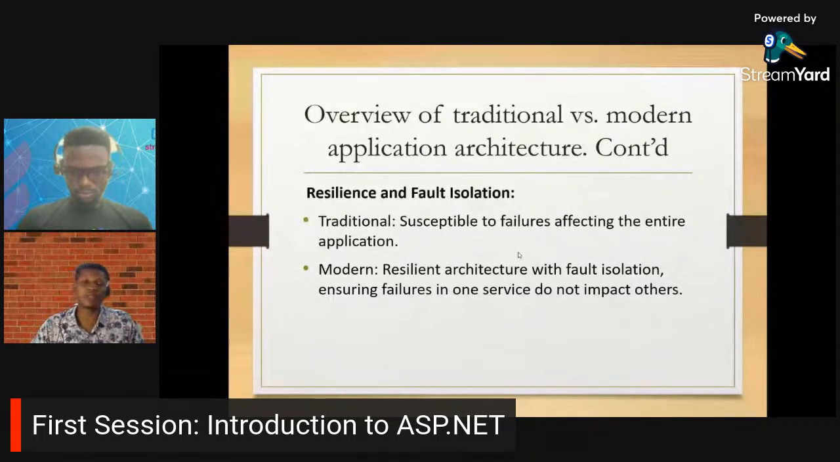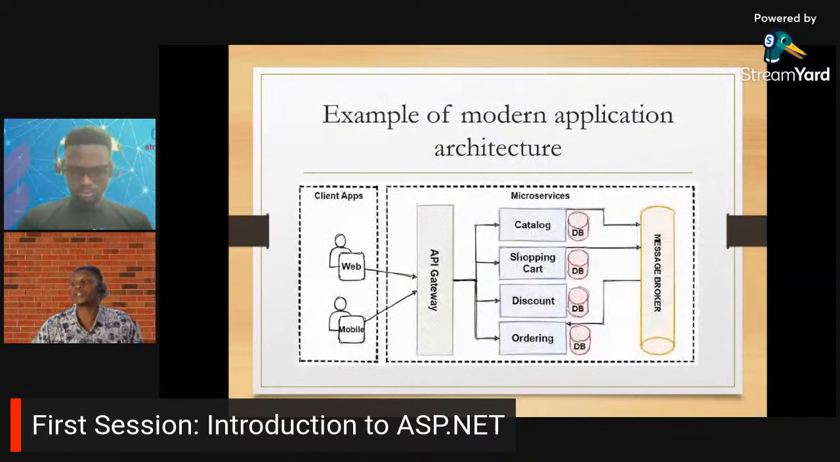But with microservices, we just look and say, this service is down, so let us fix it. So that's fault isolation. So this is a simple sketch I did for a microservice